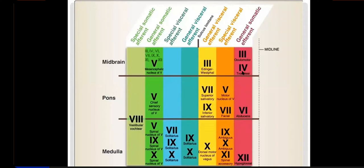Then I told you there was another functional column, and that was the general somatic afferent, which was for carrying proprioceptive impulses from the muscle that it innervates. So that will relay here in the mesencephalic nucleus of the trigeminal nerve. It's actually this functional column. General somatic afferent is completely the nucleus of the trigeminal nerve, but